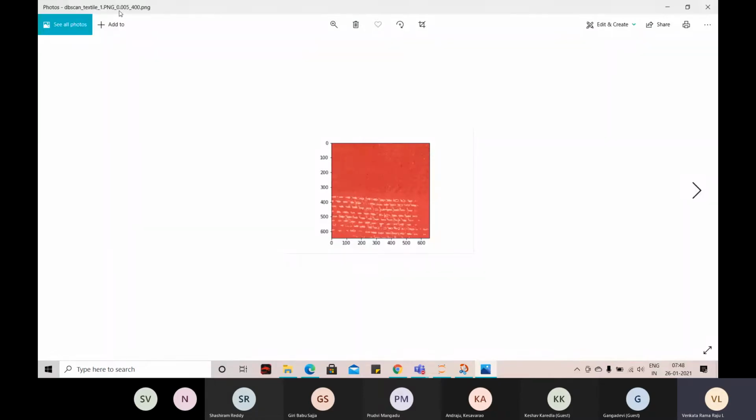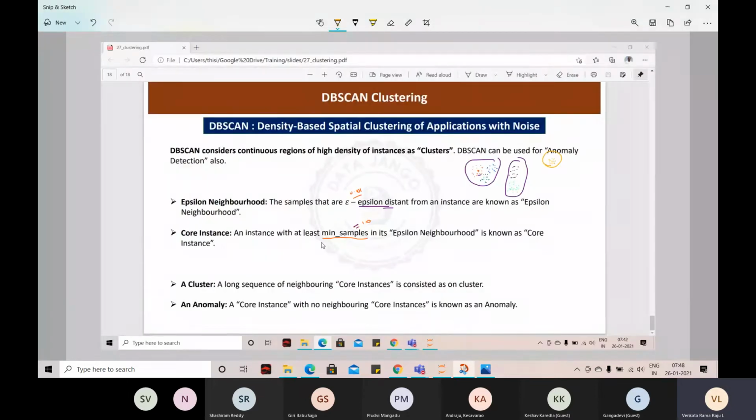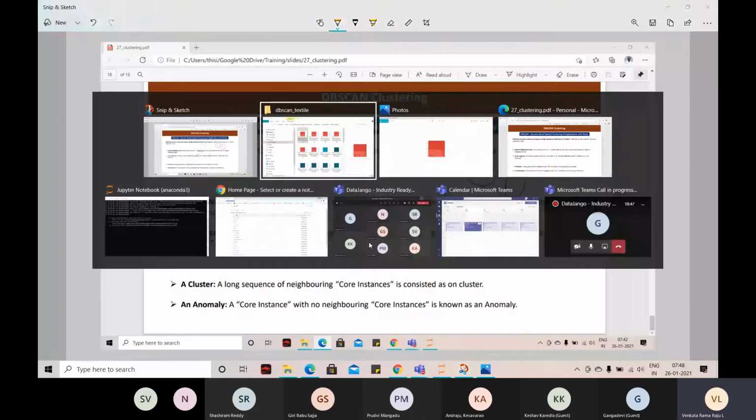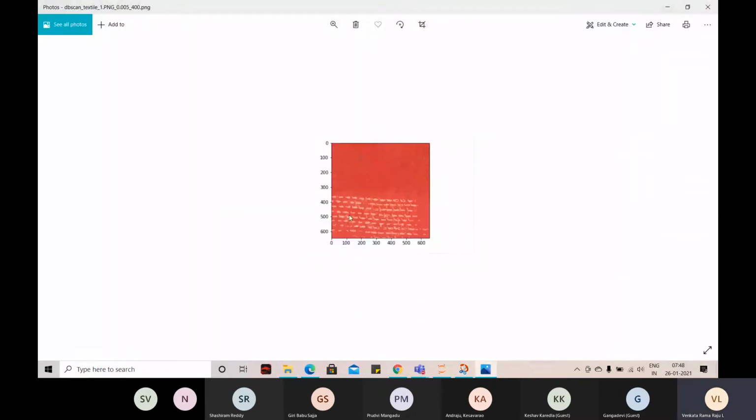With epsilon 0.005 and min_samples 400, it couldn't find the pattern properly. With epsilon 0.005 and min_samples 450,